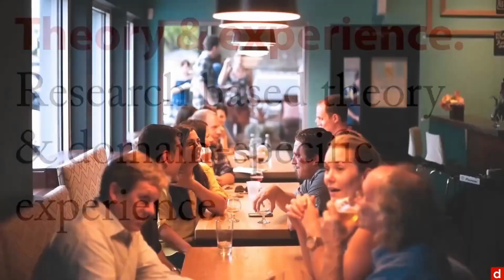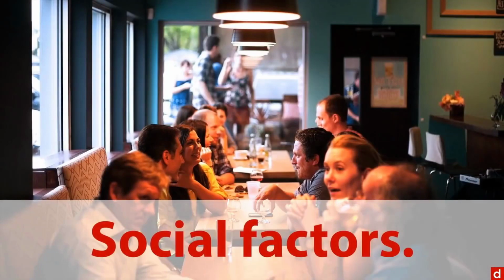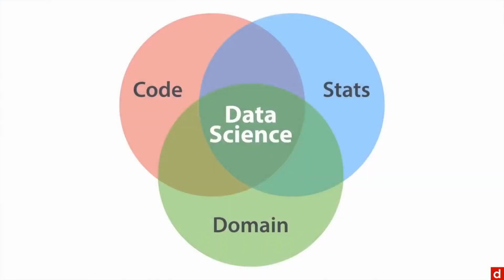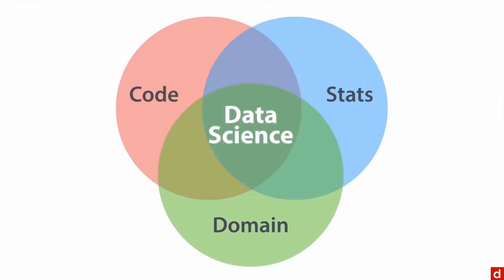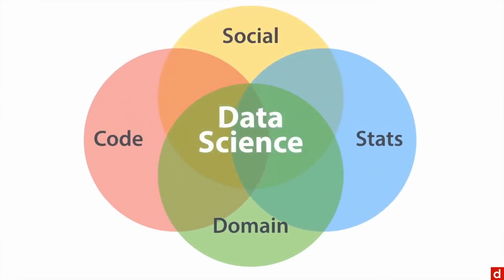Another thing to think about are the social factors that affect your data. Now, you remember the data science Venn diagram. We've looked at it lots of times. It's got these three elements. Some people have proposed adding a fourth circle to this Venn diagram, and we'll put that in there and say that social understanding is also important, critical really, to valid data science.